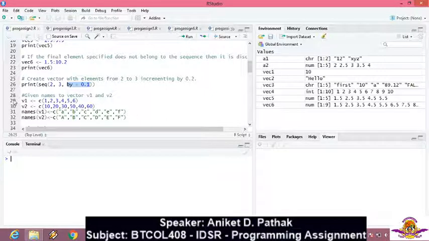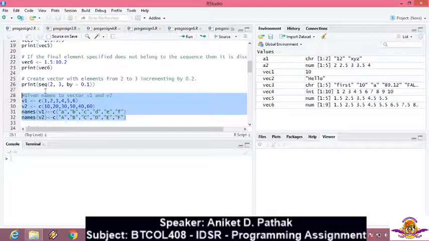So I have a vector 1 variable which has 6 elements: 1, 2, 3, 4, 5, 6. I have vector 2 which again has 6 elements: 10, 20, 30, 40, 50 and 60. Now I am giving the names to the elements of vector 1 as small a, b, c, d, e, f, and to the elements of vector 2 as capital A, B, C, D, E, F. So now let's see whether this works.